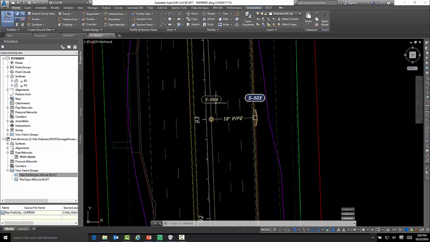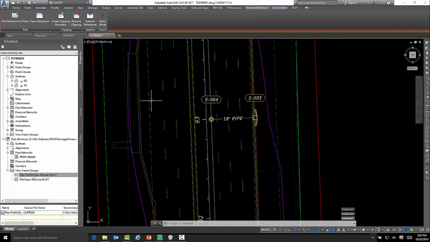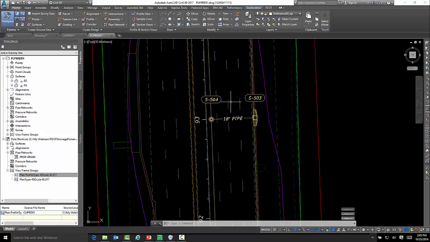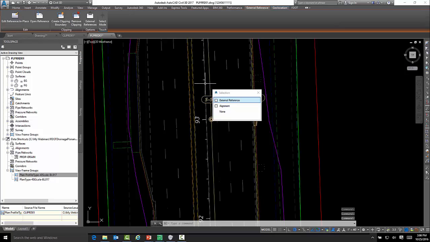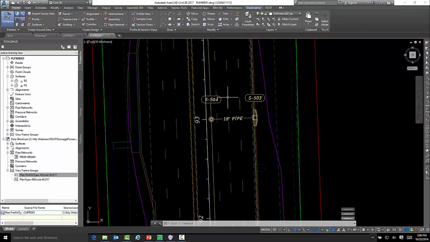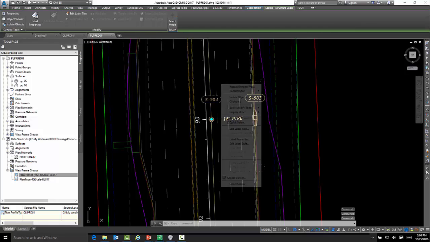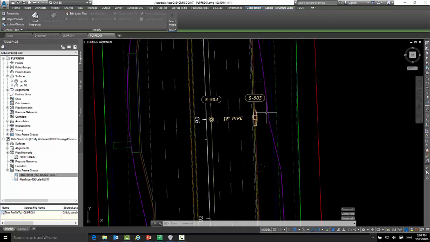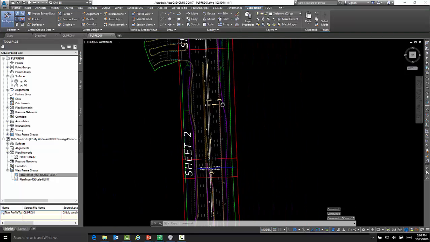And then while I'm here, I'm going to go ahead and choose my topo file, right click, Display Order. I want to send it to the back. And then you can even go one step further by choosing the alignment, right clicking and saying Display Order and bringing that to the front. Just kind of cleans everything up a little bit. Oops, let me do that. Label there. Okay. Alright, so